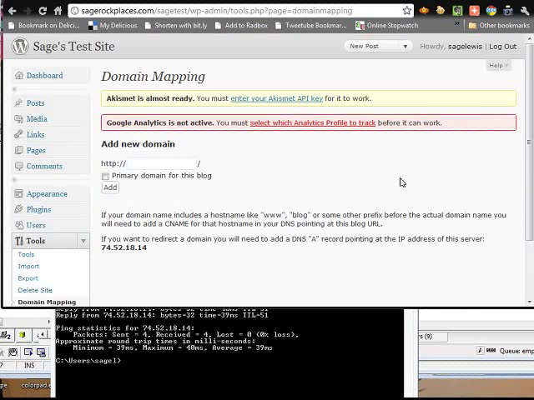And then this is cool because it says down here at the last line, if you want to redirect a domain, you will need to add a DNS record pointing to the IP address of the server, which is that IP. So what we're going to do here is, it says if your domain name includes a host name like www or blog or some other prefix before the actual domain name, you will need to add a CNAME for that host name in your DNS pointing, okay? So that's